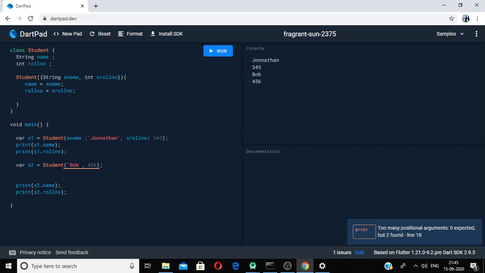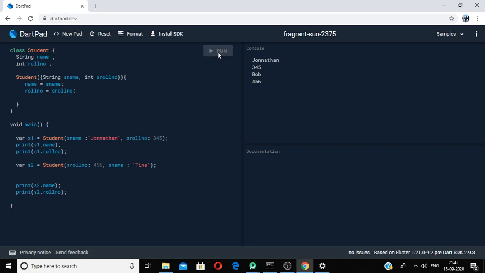In another case, we can pass the roll number first and then the name, say it is Tina. So this is possible in the case of named arguments, but previously it was not possible.